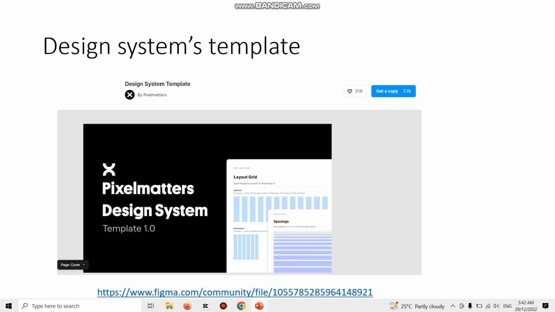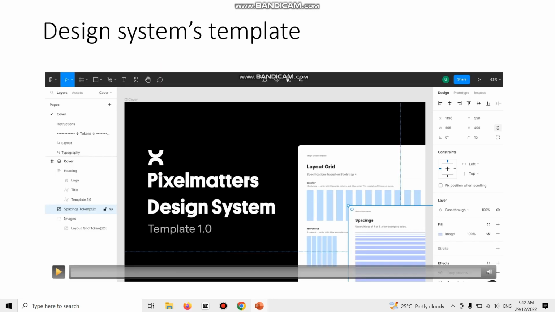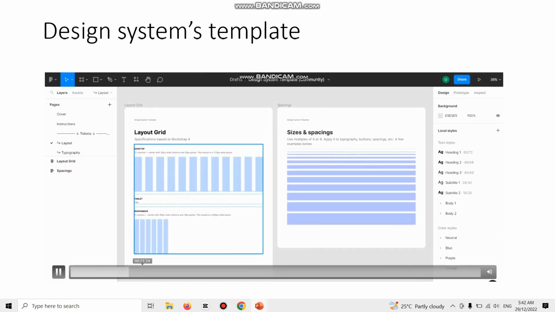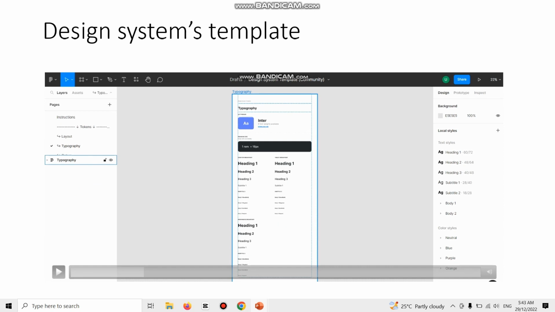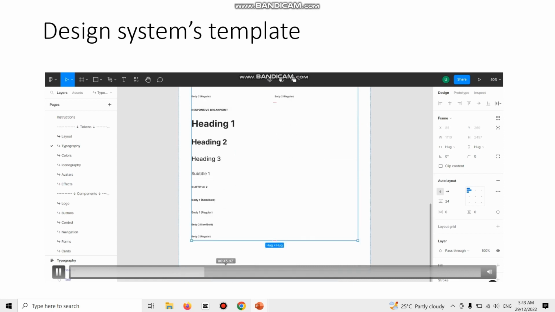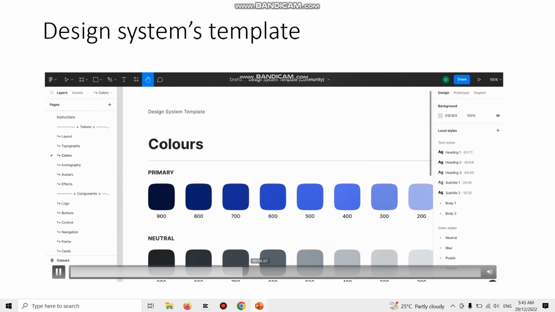Okay, but firstly I would like you to go with the design system template, where you can have a template first and then you can work on your game. Go check this link out and also this link. Okay, this is what happens if you click and open. Yeah, this is the intro, and then this is the layout, grid, size and spacing. They have everything. This is the typography for the font and the heading, for the size, and this is the color, primary, neutral, secondary,